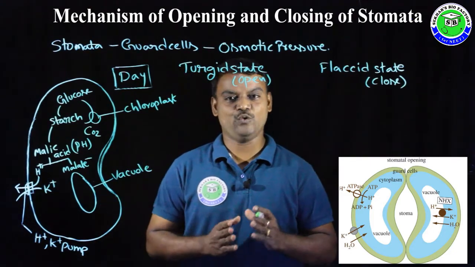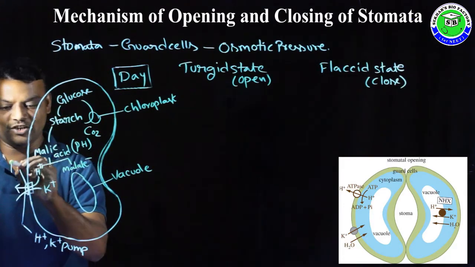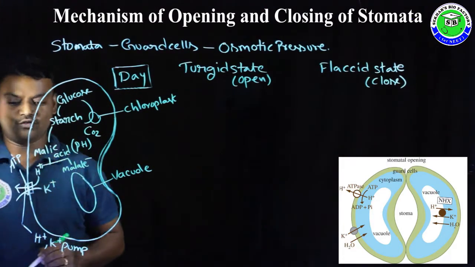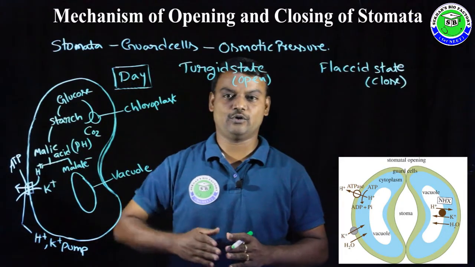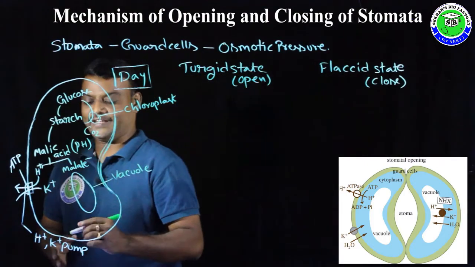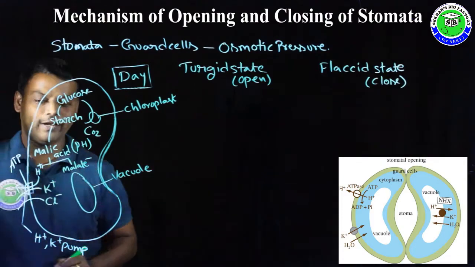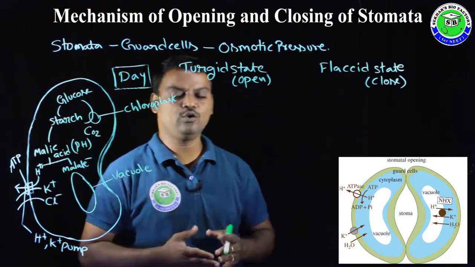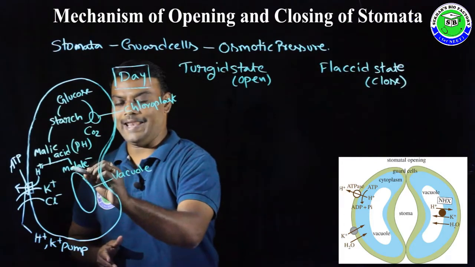It is called active transport. By utilizing this ATP energy, H plus ions are transported to the outside and K plus ions are transported to the inside of the guard cells. Along with these K plus ions, Cl minus chlorine ions also diffuse into the guard cells,